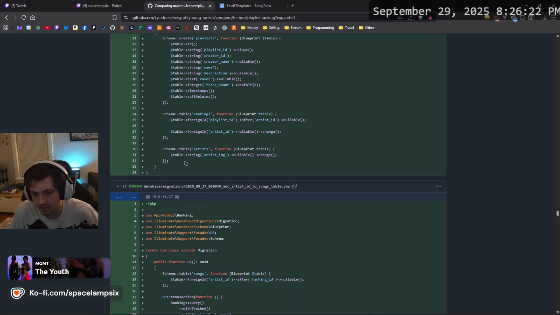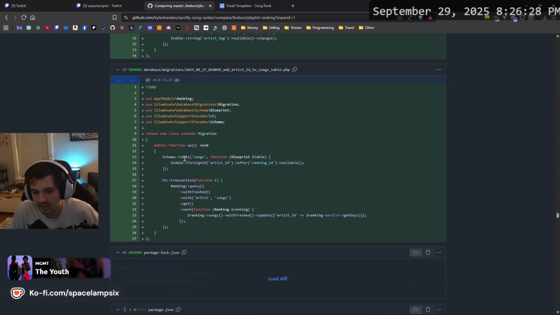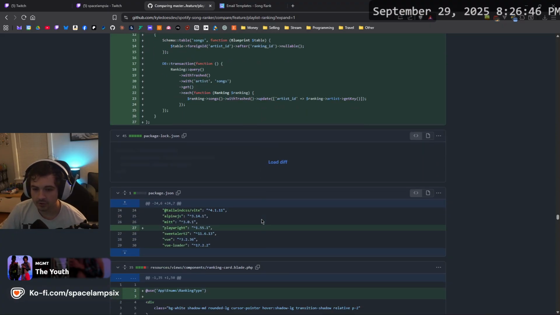And then we made the artist's cover nullable. And then we add an artist ID to the songs table to associate that for further when we build out stats pages in the future and stuff. And then we loop through all the rankings, get them, and update the artist ID to the current artist ID, which is good.